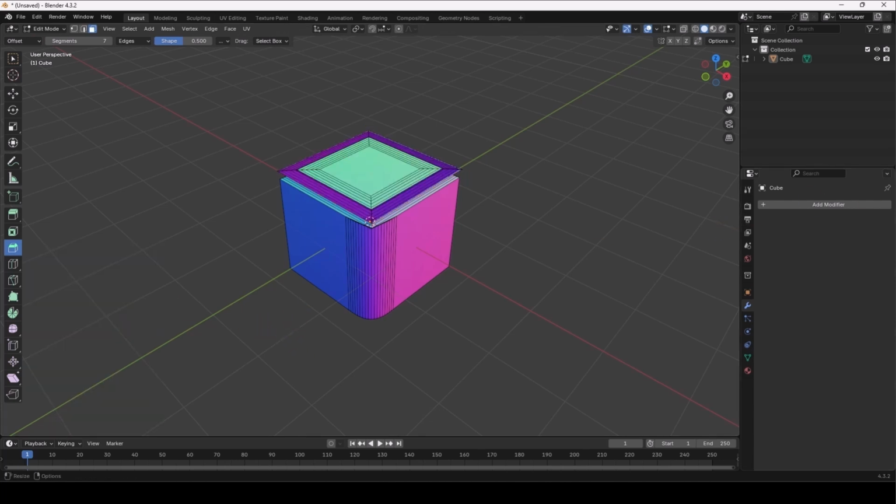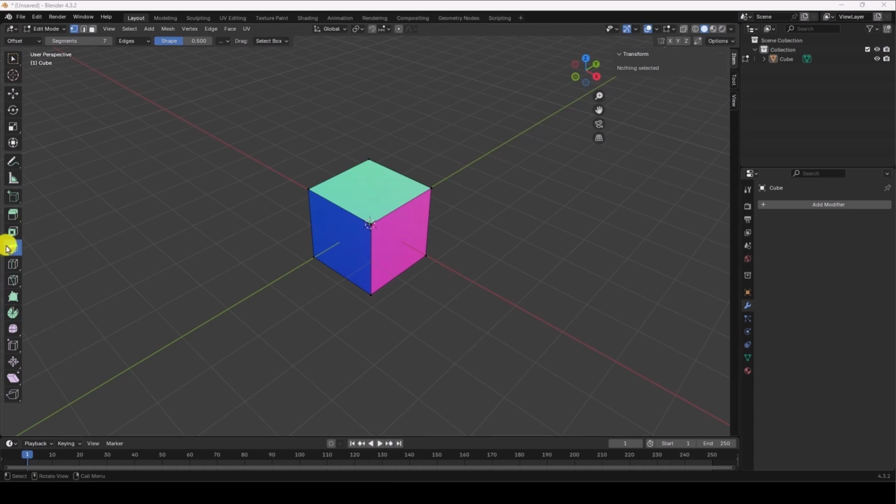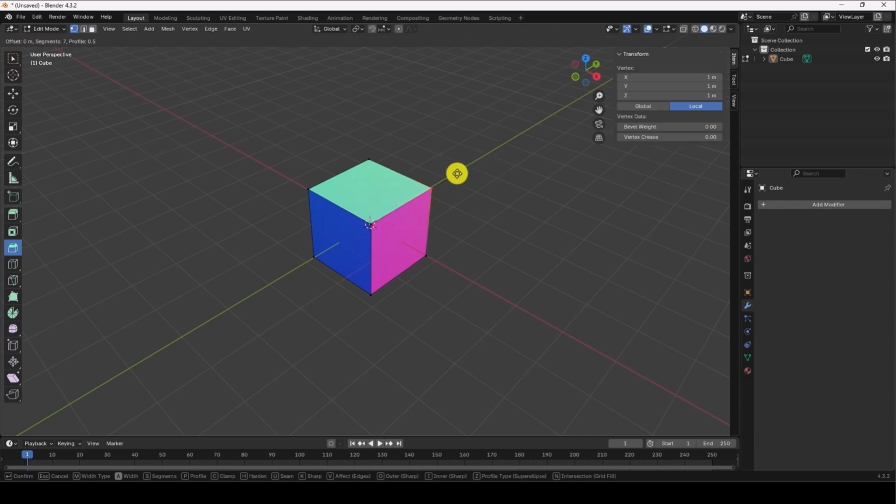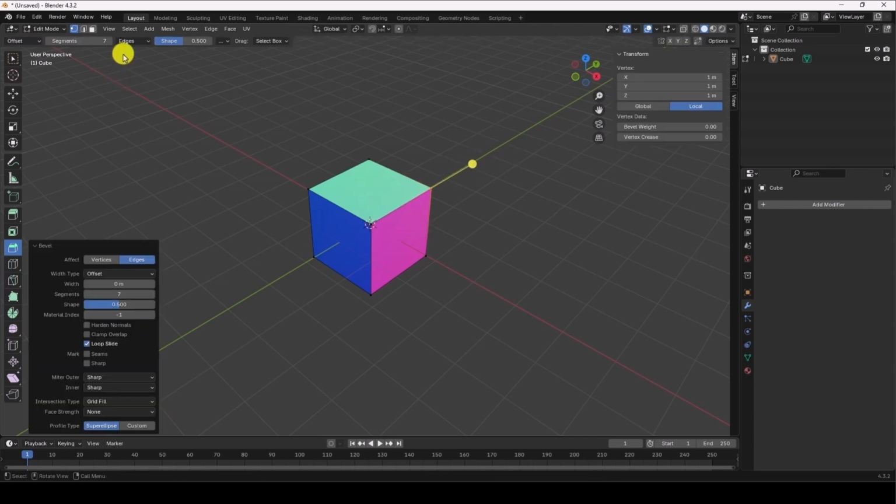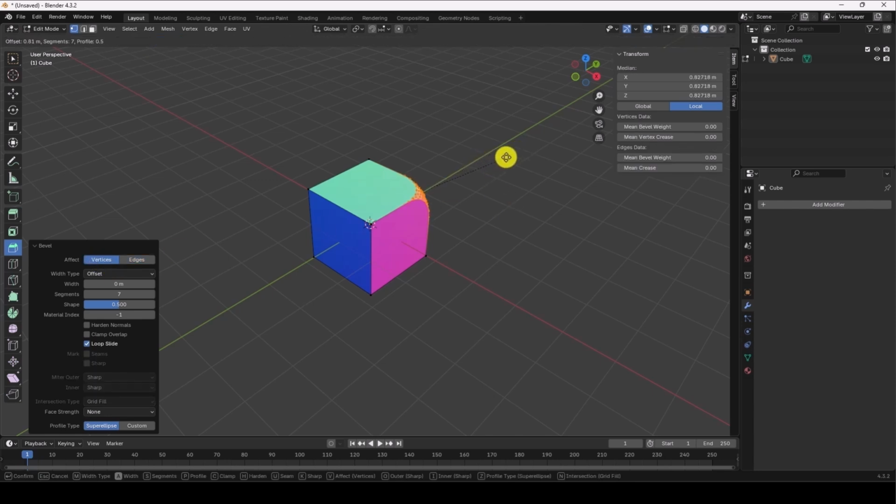Another feature of the Bevel tool is that you can bevel vertices. First, select Vertex mode from the top menu. Then switch to Selection mode and select a vertex. If you try to bevel and nothing happens, it's likely because the vertex option was not properly selected from the top menu. Once you select Vertex mode from the top menu, you'll be able to move the mouse and see